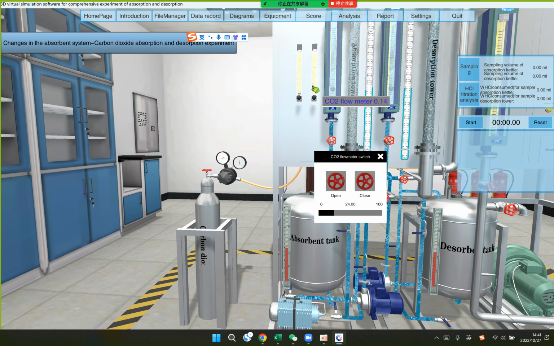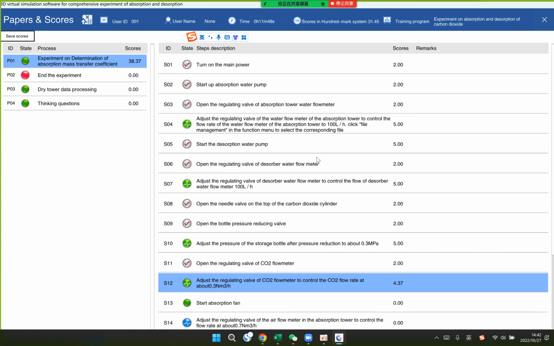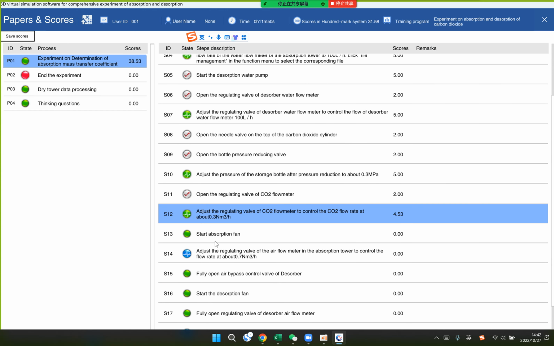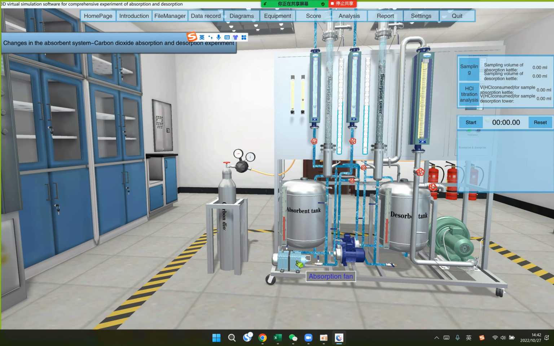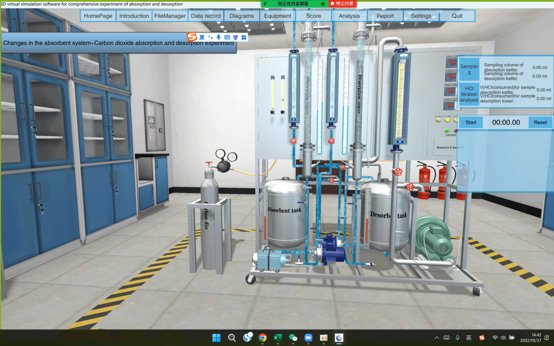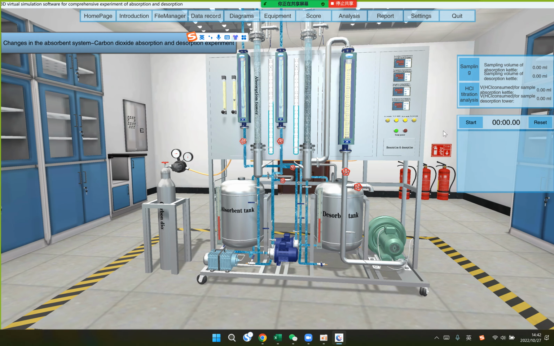Still not. Oh, too much. Okay, 0.3, and then to start the absorption fan. The absorption fan is actually this fan, to suck the air from the atmosphere. So the absorption fan is this one. Okay, open it and